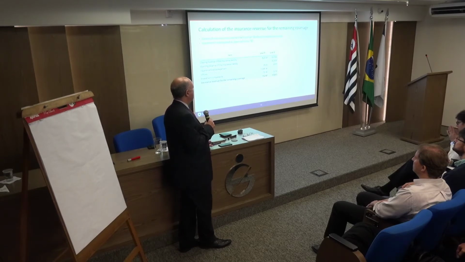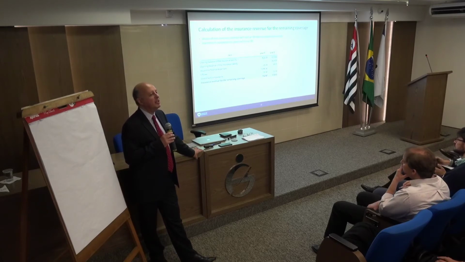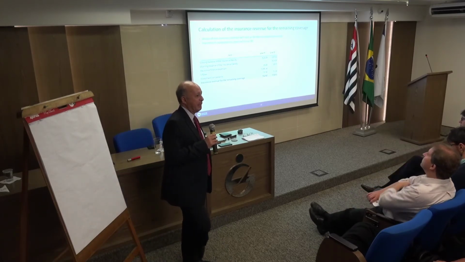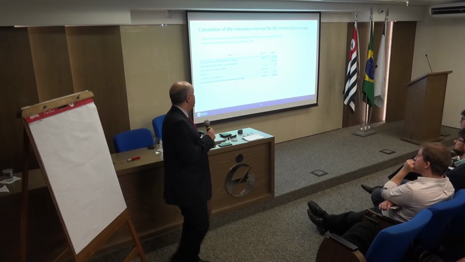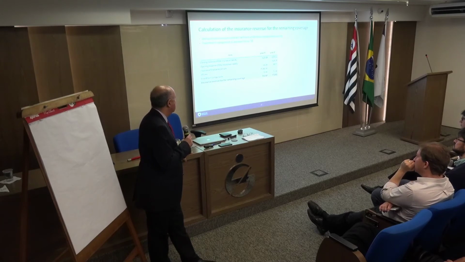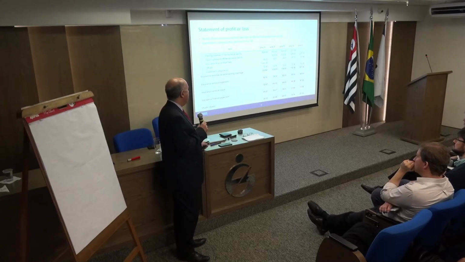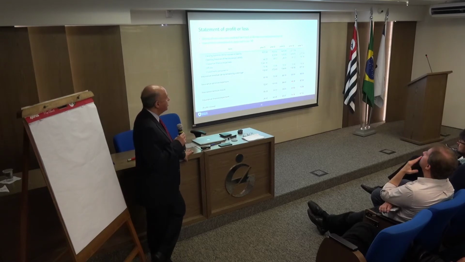Then part of the disclosure, so this is the insurance revenue, has to be disclosed in the notes to the financial statements. So here's the, without the attribution, right? Then again, the 70 is an assumption. And the full profit or loss, okay? Now the profit or loss account statement looks